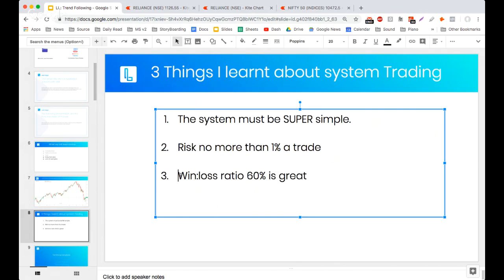Next, if you have a strategy, if it's simple, it's easy to backtest, you can find out the win-loss ratio. Now, the win-loss ratio is basically out of 100 trades, how many were profitable, how many were lost. At least 60% should be there. I trade systems as low as 55%, but it works very well because the average profit is much higher than the average loss. Now, I teach all of this in the risk management class, which we can do later. But for now, let's stick to the strategy.